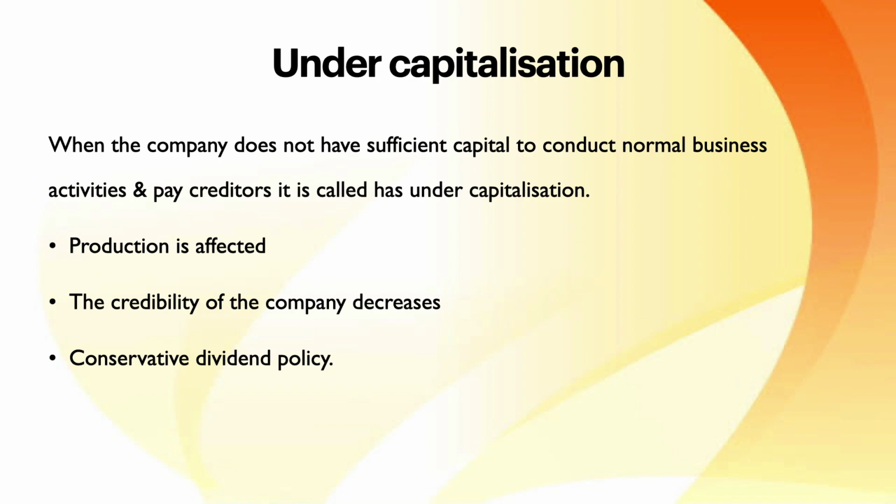First one, production is affected. As I told, if there is no raw material, can the production process happen? No. Production process is going to be halted, and therefore I cannot meet the demand in the market. My products cannot reach the market for sale on time, because my production is halted. Is that clear? So when my products are not reaching the market, people cannot buy my products. People will quickly shift to some other brand products or services. Understood? So production should not be halted, reason being, I can lose the market.